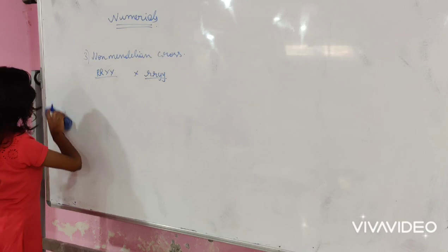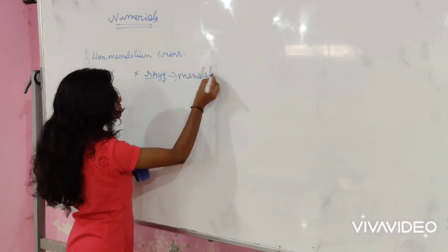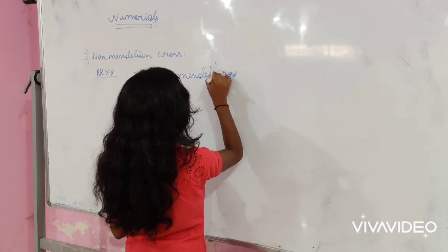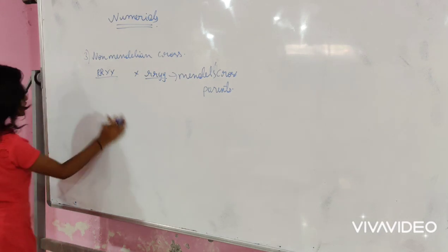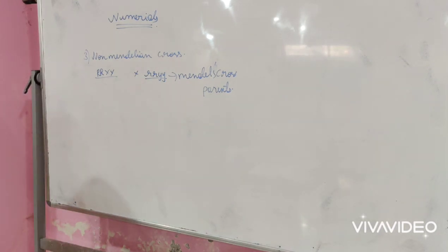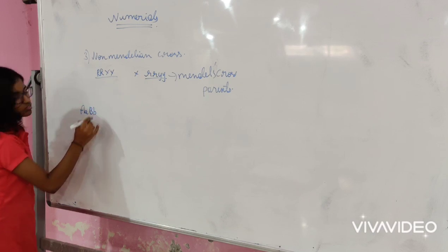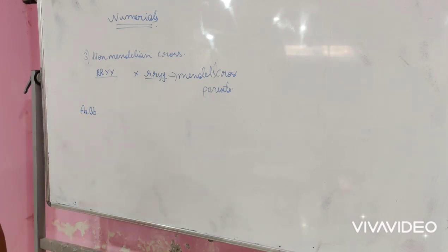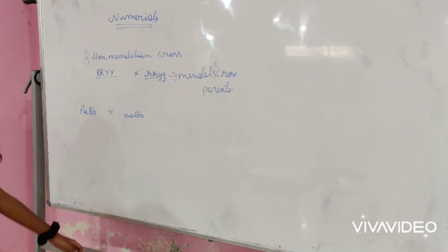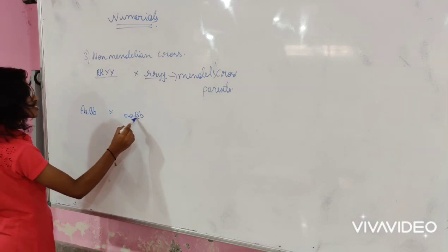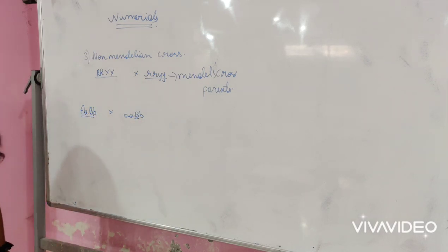So what he did was, this was Mendelian cross parents. How will you find the difference between Mendel's cross and non-Mendelian crosses? In a non-Mendelian cross, we'll have something like AABB, BB, AB. See, here this is dominant and here this is recessive, this is recessive. Right, so this is non